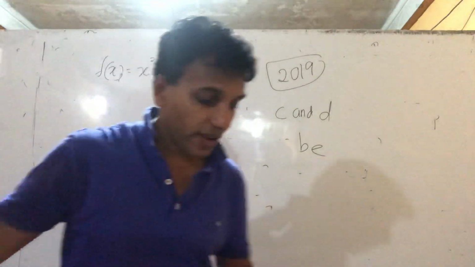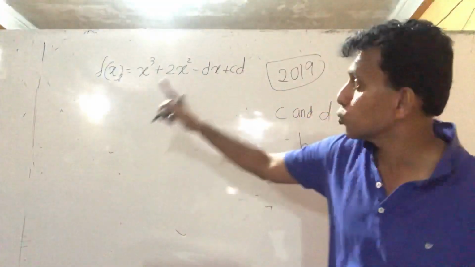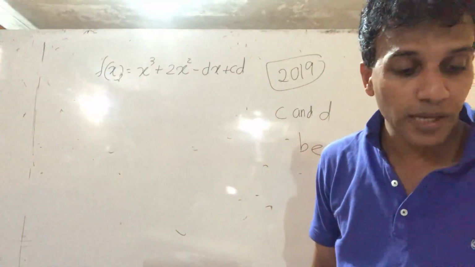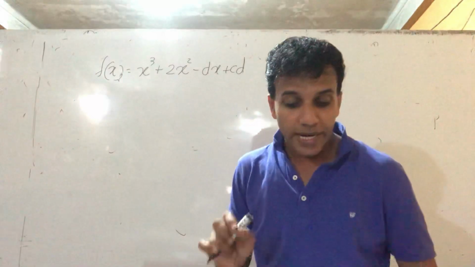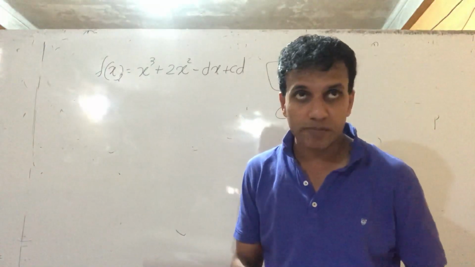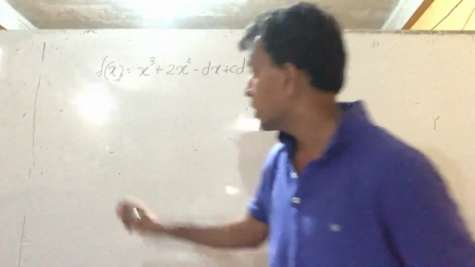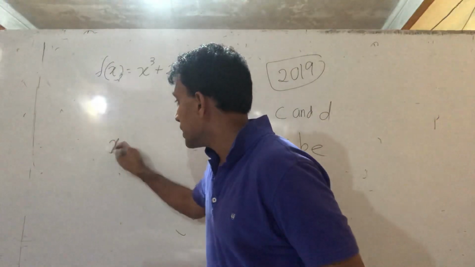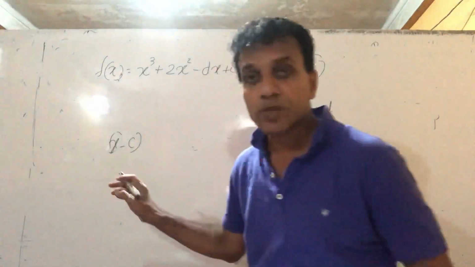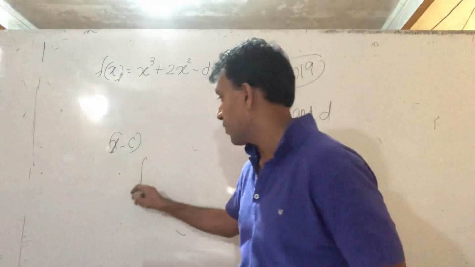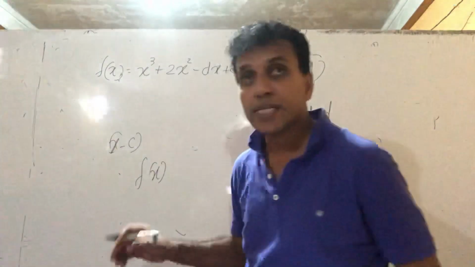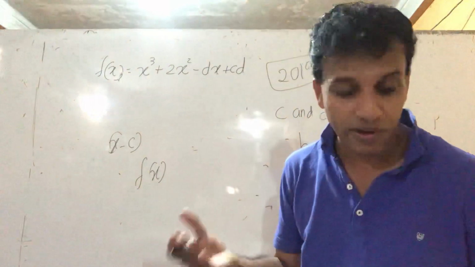Write that: f(x) equals x cubed plus 2x squared minus dx plus cd, full stop. It is given that x minus c is a factor of f(x),